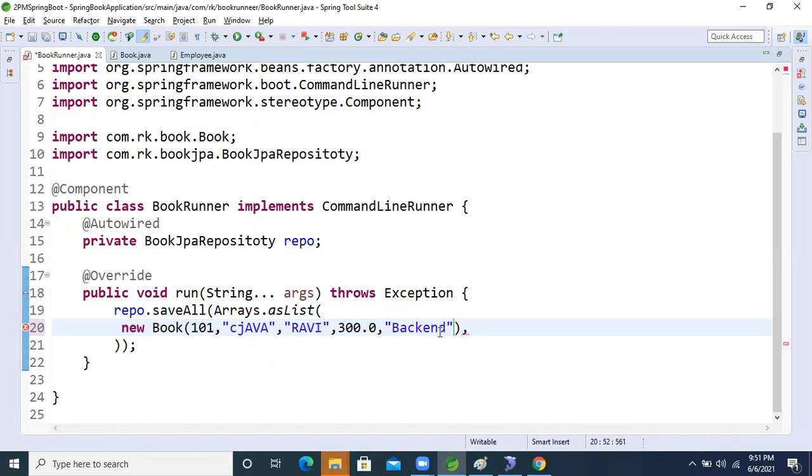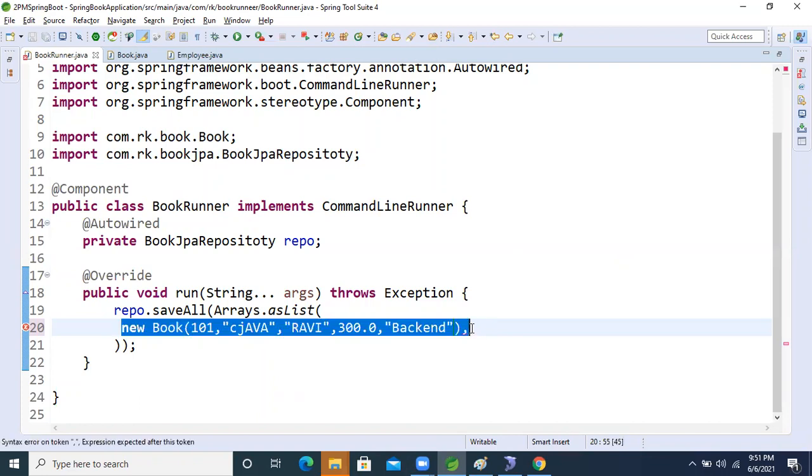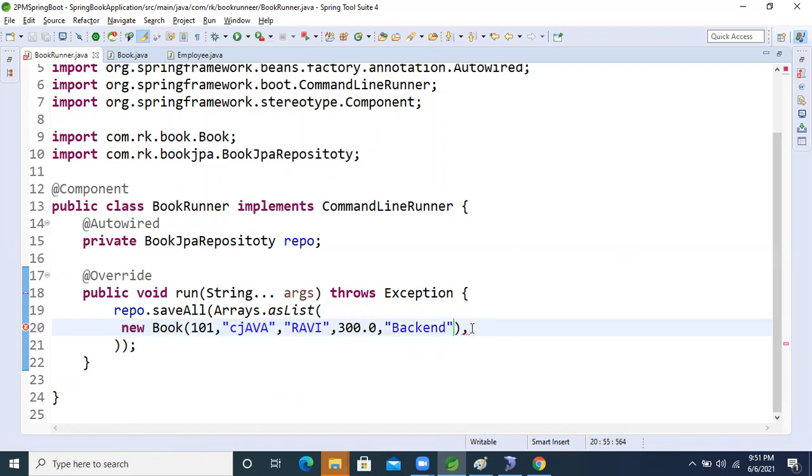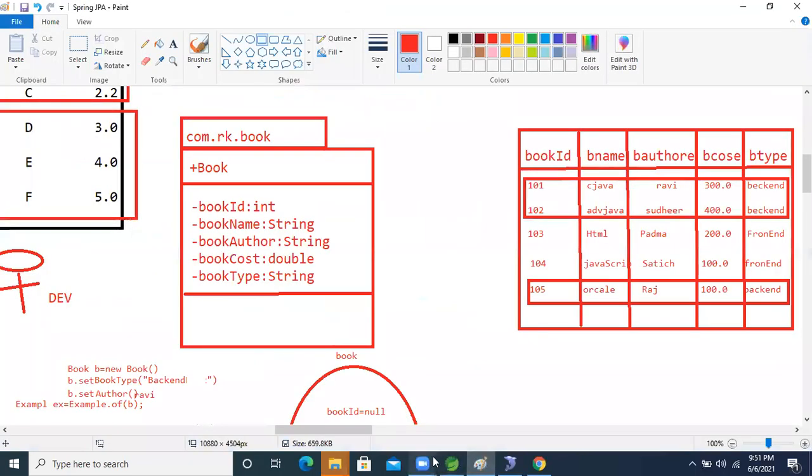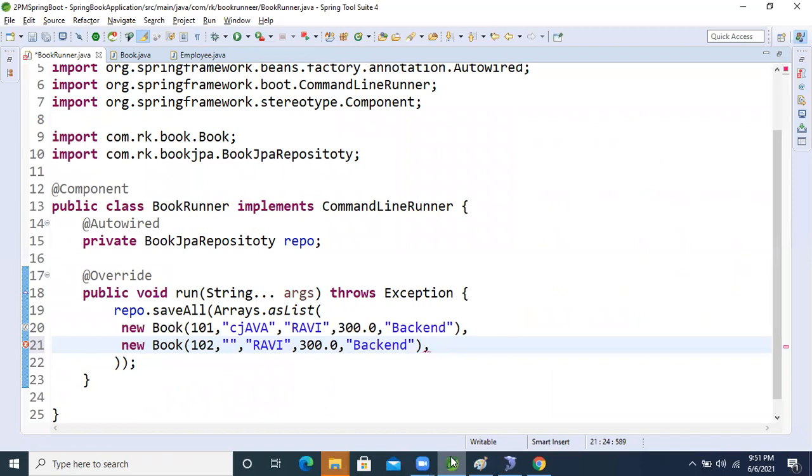Okay, guys. So another one is what? Another data: 102. Advanced Java, Sudhir. Advanced Java.